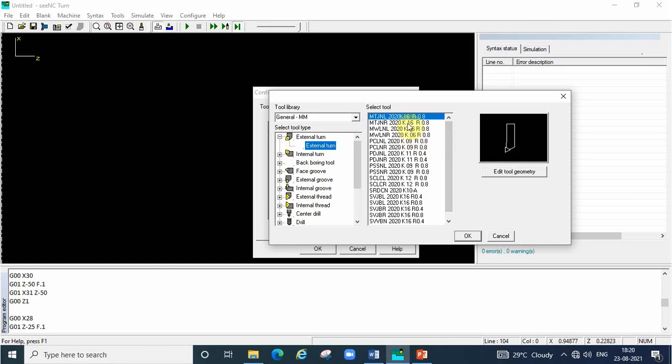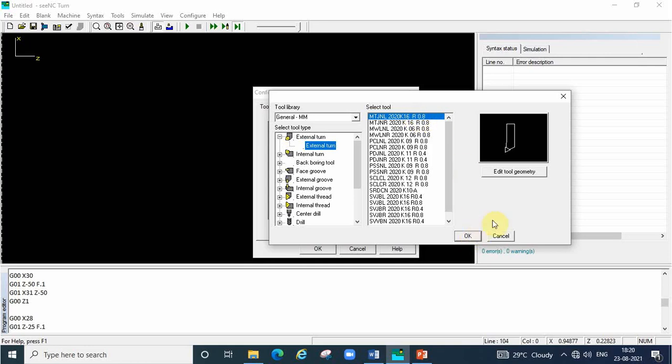Say this is a 0.8 nose radius. For rough turning cycle, 0.8 or 1.2 nose radius we can select. For finishing cycle, 0.2 or 0.4 nose radius better to select. Now I am selecting 0.8 nose radius. Simply give OK.